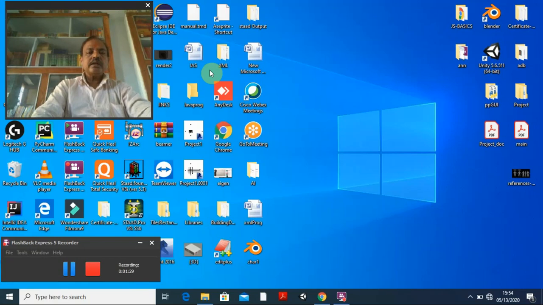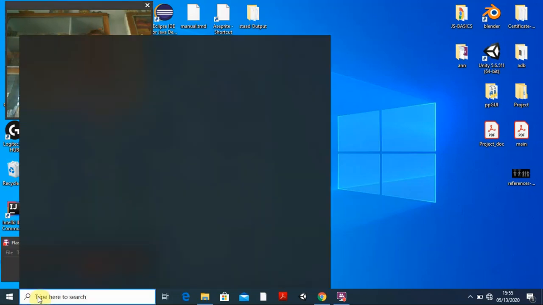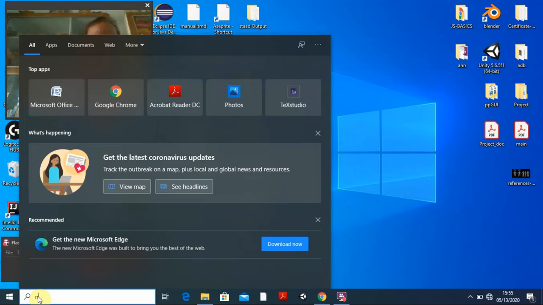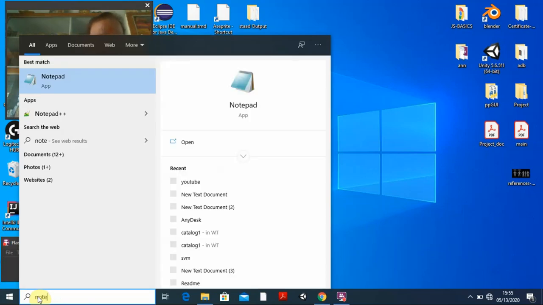So we can write the language using any editor. Even the notepad, which is provided by default with all Windows operating systems, you can use. You can open the notepad. For this, we just go here and type notepad, N-O-T-E, notepad, and once you type it, the notepad will appear here, and click it.